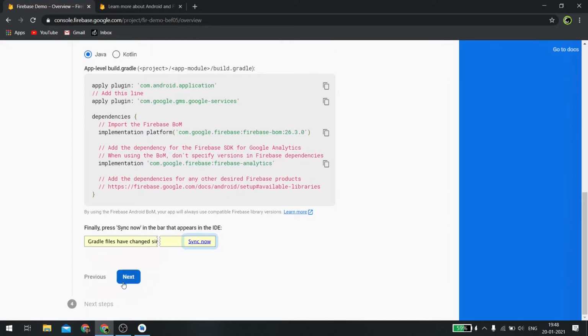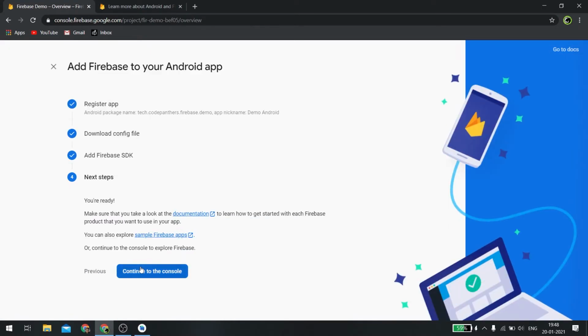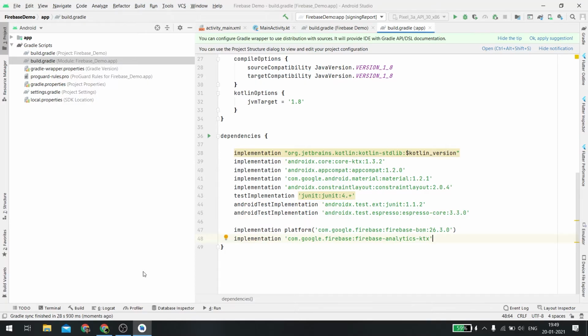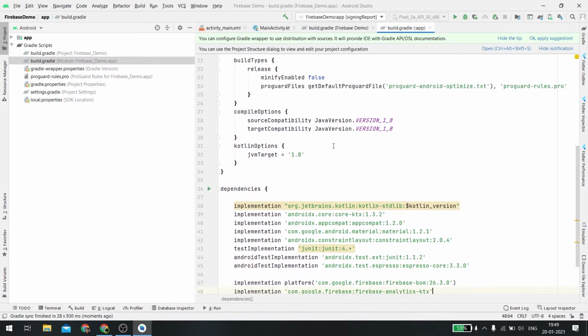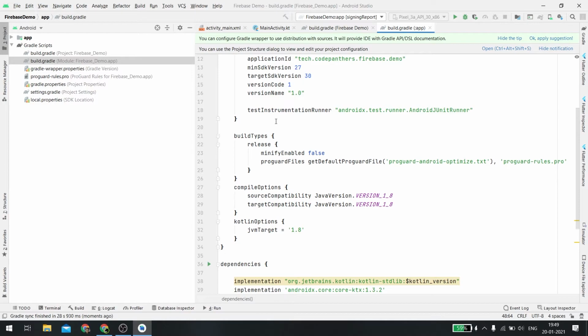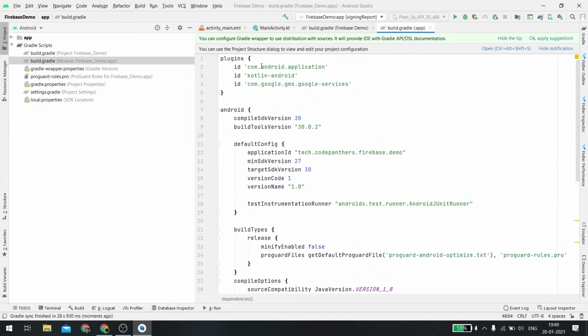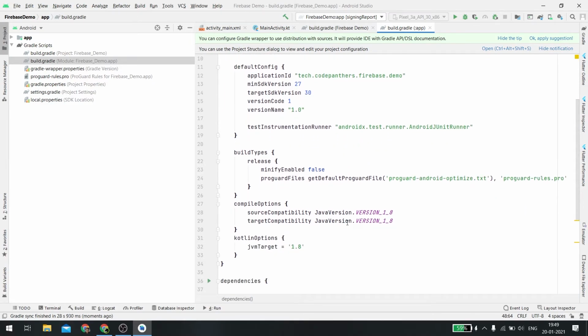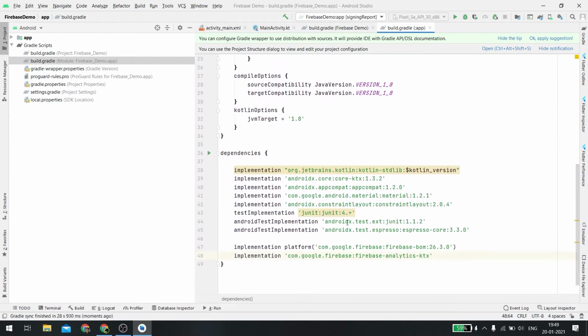After you have done that, everything is complete. Your app is connected to the Firebase console. Continue to the console. So that was it. It was a bit tricky situation because some things are different in the guide than what actually is present here, but no issues. Once you are familiar with this, once you've gone through the video, I hope that you will never face any problems when setting up Firebase in your system.